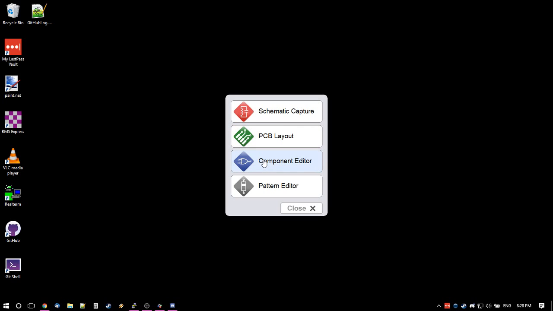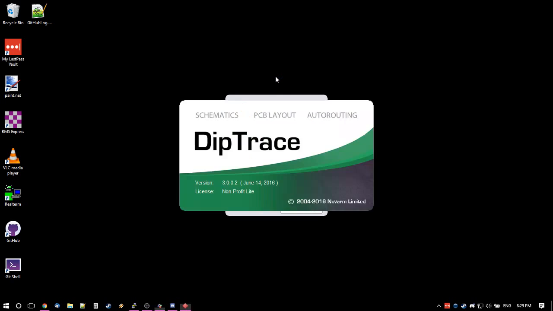Components are the symbols that you put on a schematic, and patterns are the footprints that you put on a PCB layout. I like how they separate out these four things. But today we're going to start in schematic capture, and we're going to start really basic. If you click on schematic capture, it'll open up the schematic portion of the